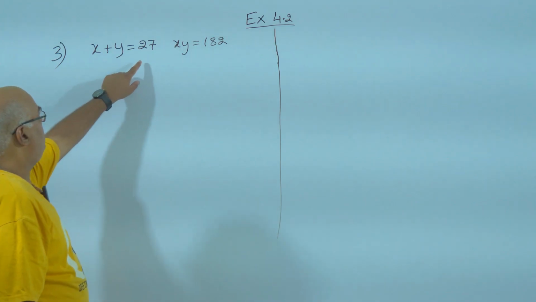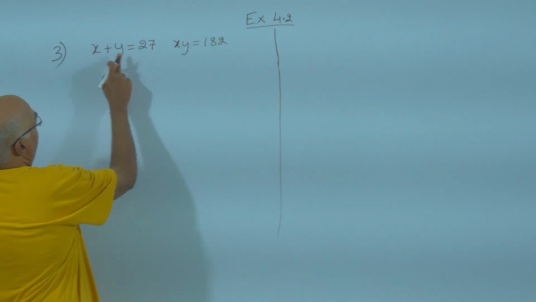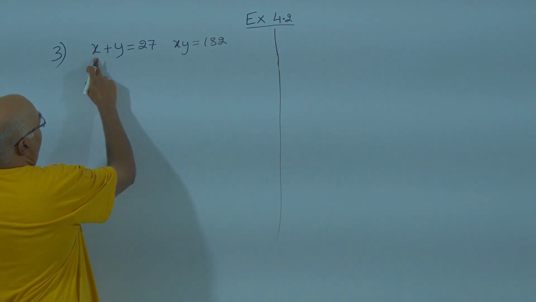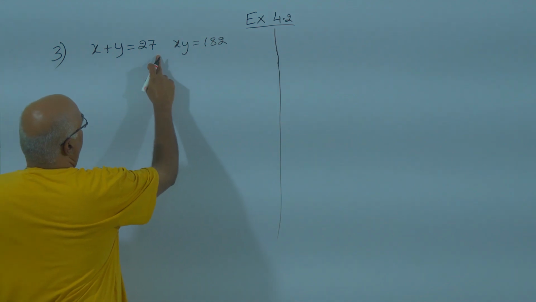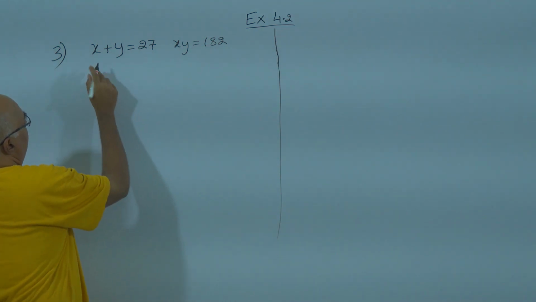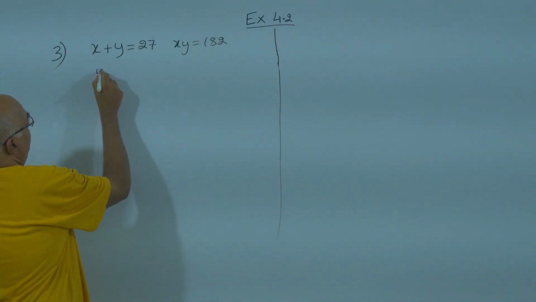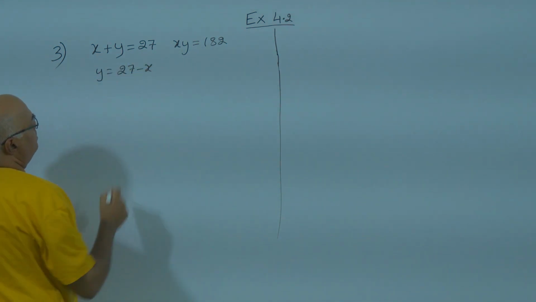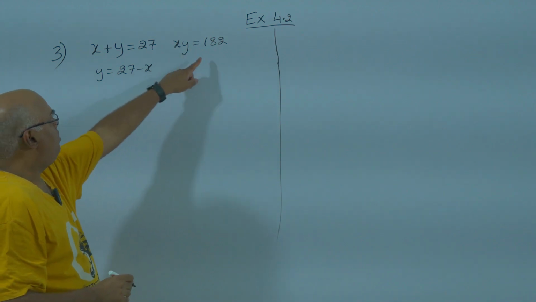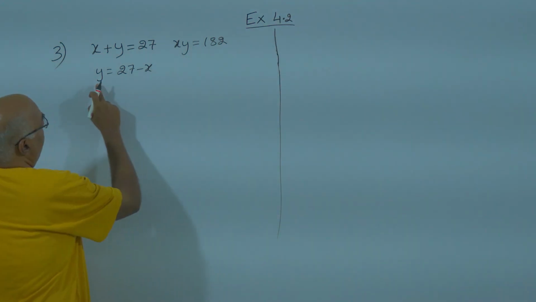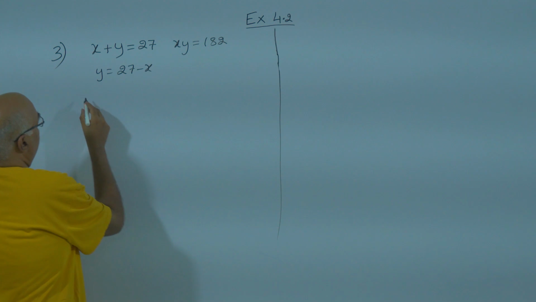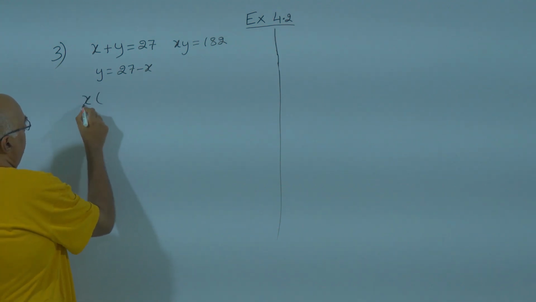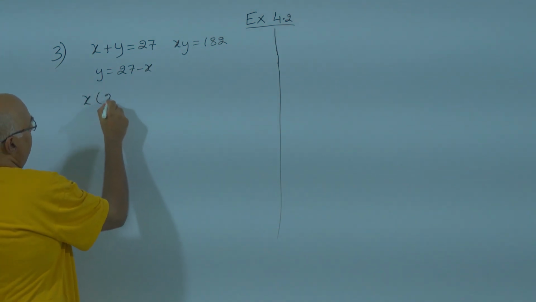We have x plus y is equal to 27. On the left side of the equal to sign, I have plus x. If I take this plus x to the other side of the equal to sign, it will become minus x. So from this, I can say that y is equal to 27 minus x. And it is given that x into y is equal to 182. So I will substitute the value of y here. So x into the value of y is nothing but 27 minus x